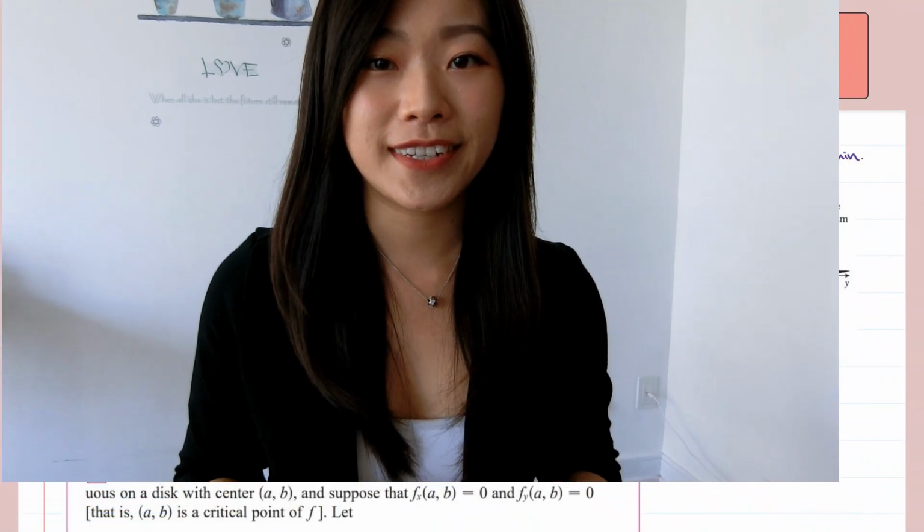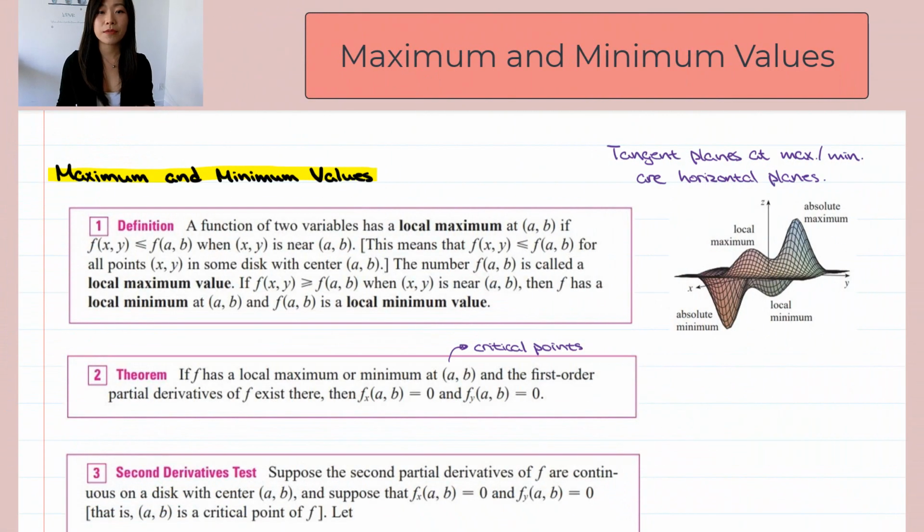In this lecture, let's talk about how to find the maximum and the minimum values of a two-variable function. The concept is similar when we have a single variable function. When we have a single variable function, its maximum value or the minimum value occurs at the critical point, which is when its first derivative equals 0, and we interpret that as when the tangent line is a horizontal